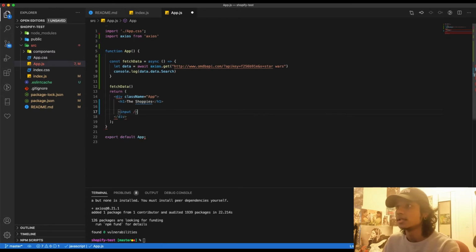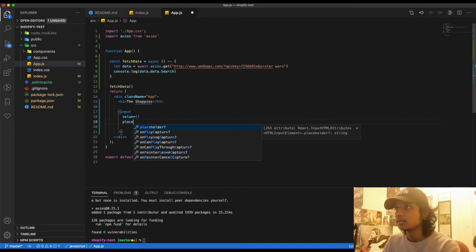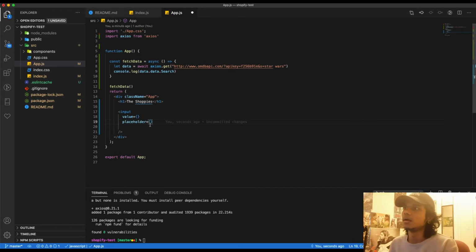Oh, so we're gonna make our input field here. Input, do like this self-closing tag. We're gonna have a value, which will be something. Placeholder. Alright, so we need a placeholder. What we're gonna say is search for movies. That looks cool. And we'll need an onChange method, which will be